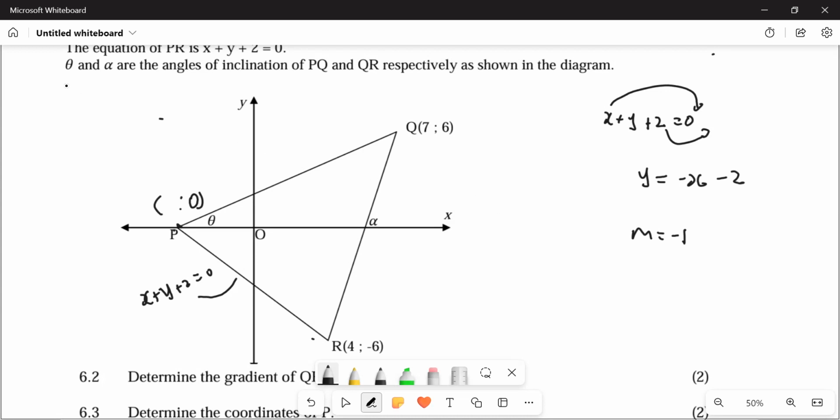And then after that, they say we have theta. Theta is an angle of inclination. It's an angle between the x-axis and line PQ. So if I want to get theta, this is how I'm going to get it: tan of theta is going to be equal to M of PQ. And then I will also say, this alpha here, you see alpha? Alpha is an angle between the x-axis